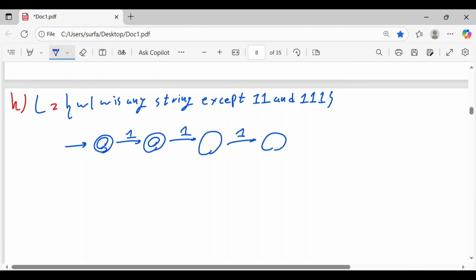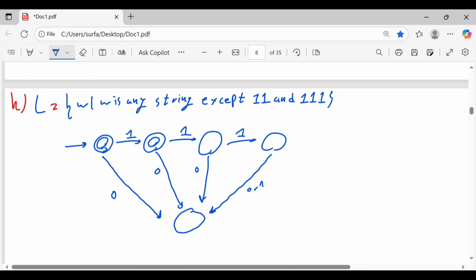But what about zeros? We know that if we see just a 0, we break our pattern and we will never reach 1 1 or 1 1 1. So in every part, if we see a 0, we break our conditions and reach our accept states. So this is something like this, that this transition is 0, but the final one, this transition is 0 and 1, because if you notice that after this part here, we will go over 3 ones,